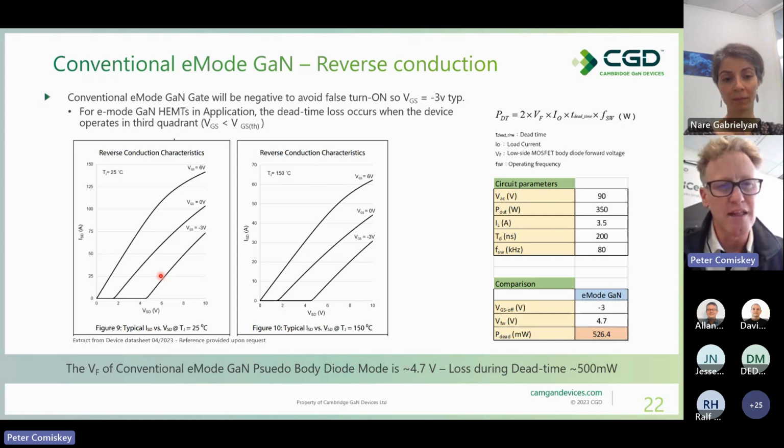And if we then apply that to the data sheet, we can see that essentially the VF is shown here as around 4.7 volts. There is a little variation over temperature. The one on the right hand side shows the characteristic for 150 degrees C, left hand side 25 degrees C, but ultimately it's around 4.7 volts, which if we put into the application that I showed on the previous page,